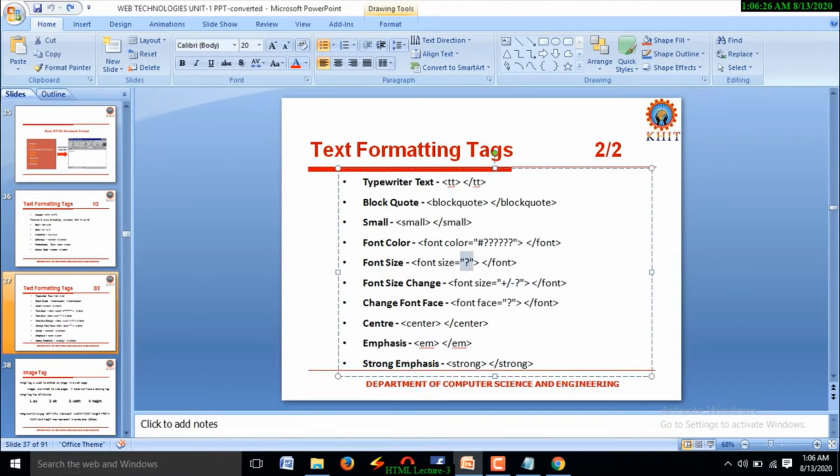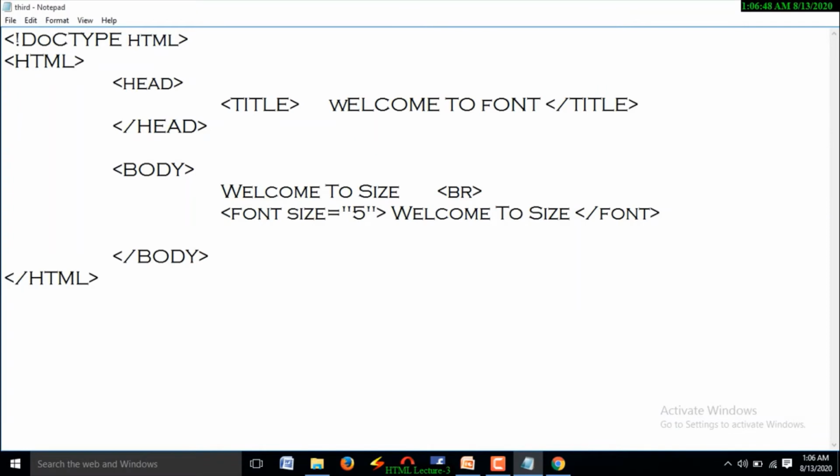Suppose here I mention font size 50. If you want to add 10 more pixels, here you mention plus 10. If you want to subtract 20 from the existing 50, you need to write here minus 20. I will explain this with an example. Here the existing font size is 5.